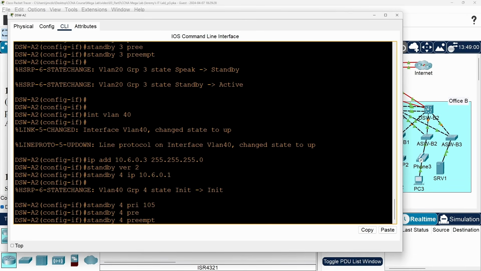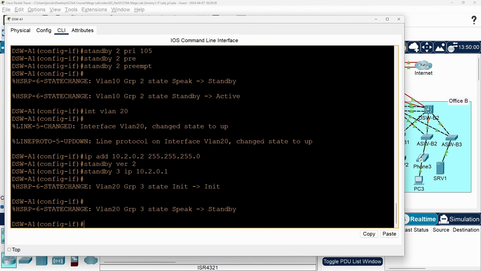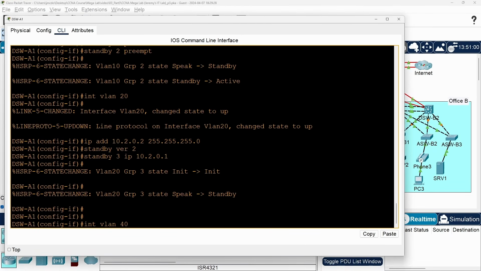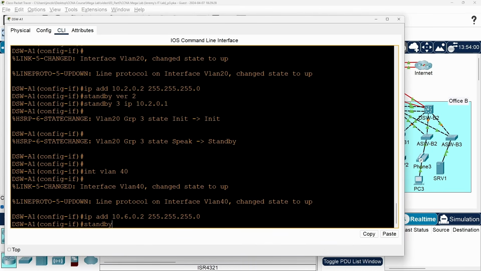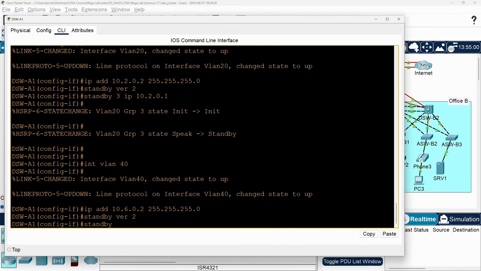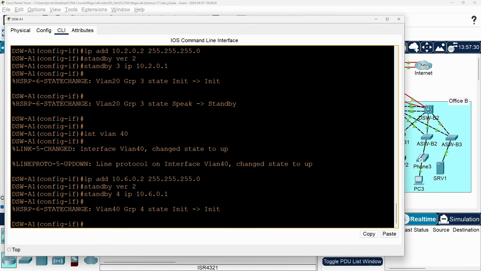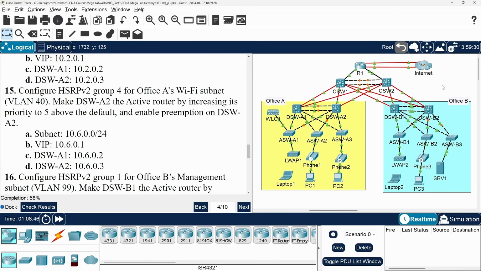And then let's configure dswitch A1 side. Interface VLAN 40, IP address 10.6.0.2/24, standby version 2, standby 4 IP 10.6.0.1. Okay, we finished configuring HSRP in Office A. dswitch A1 is the active router for groups 1 and 2, and dswitch A2 is the active router for groups